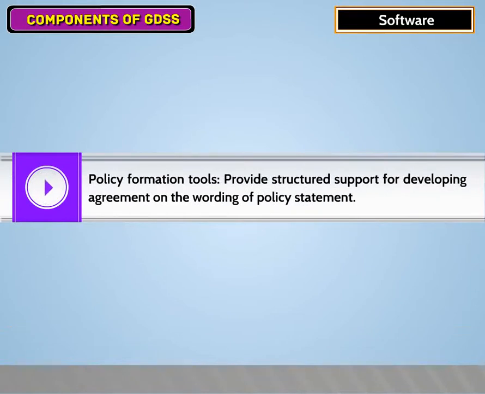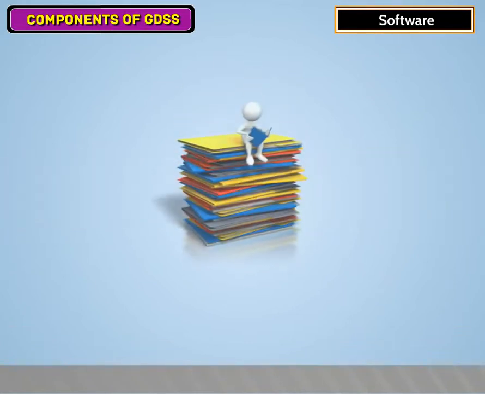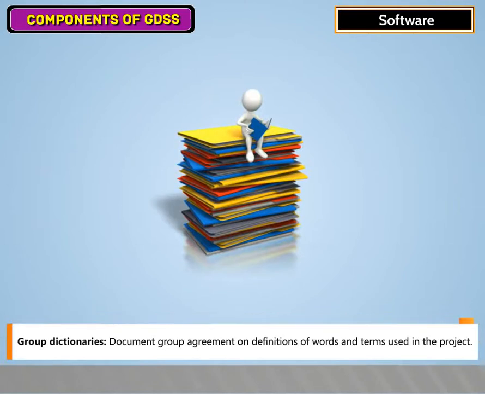Policy formation tools provide structured support for developing agreement on the wording of policy statement. Group dictionaries document group agreement on definitions of words and terms used in the project.